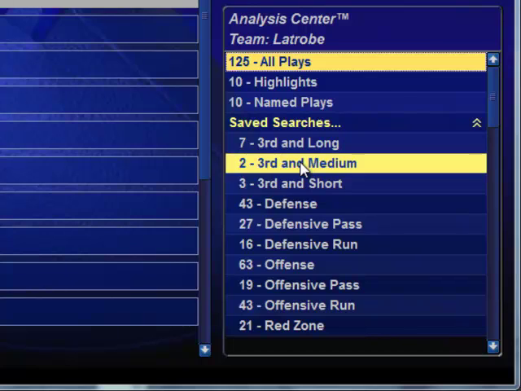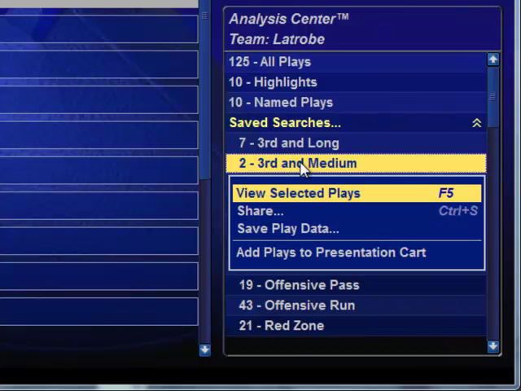So here's third down and medium, and you can see that there are only 2 of those plays in this particular game. You can view them on the screen, or you can actually put those in your presentation card so you can go over that with the team. And all you do is just click on any one of those selections right here. Now if we go further down